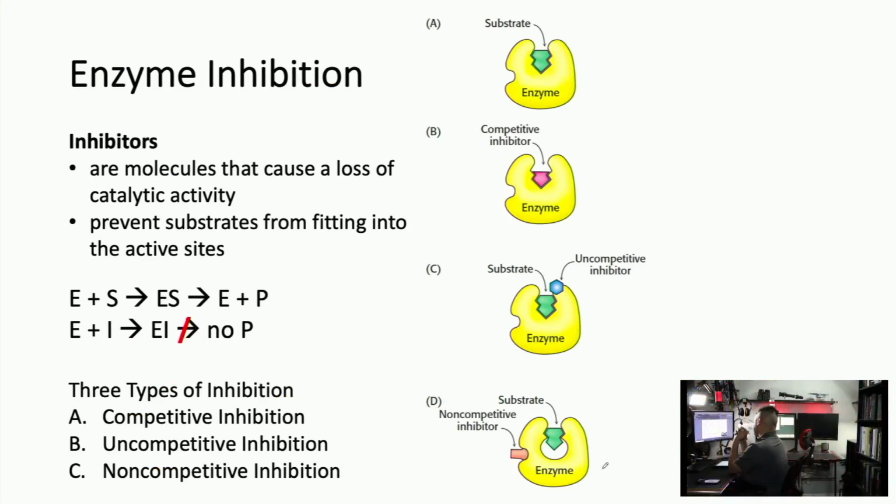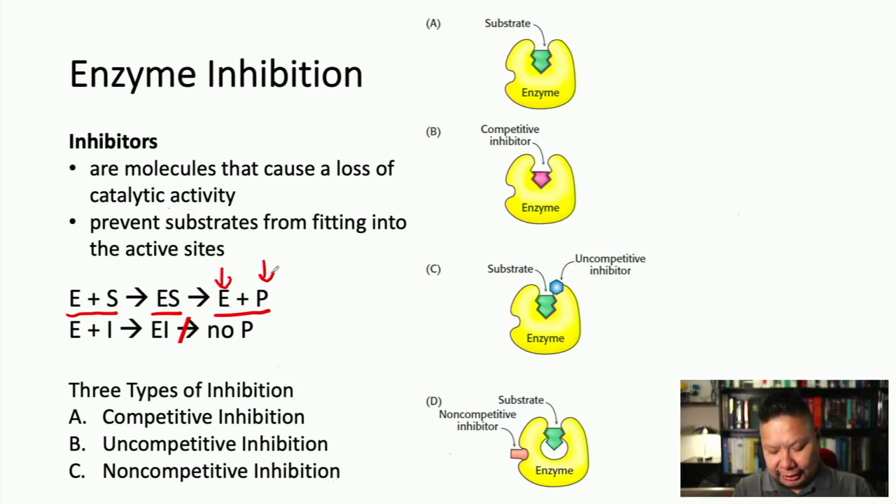The last thing we need to talk about is enzyme inhibition. There are a few different types of enzyme inhibition, but what enzyme inhibition actually is: normally you have the enzyme plus a substrate and you make the enzyme-substrate complex, and then after that, like we said before, you get the enzyme back out again as it was before you started, so you can do the reaction again, and you get a product that's different from the substrate. You can actually inhibit an enzyme by adding an inhibitor, right? And if you inhibit that enzyme, you don't get a product at all.